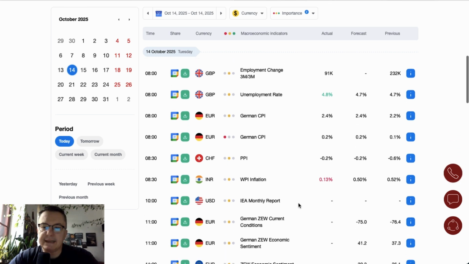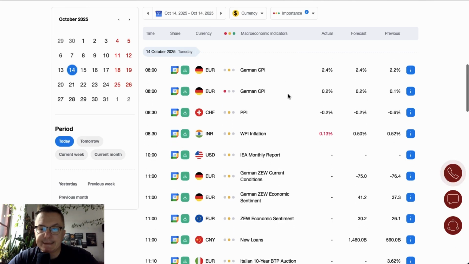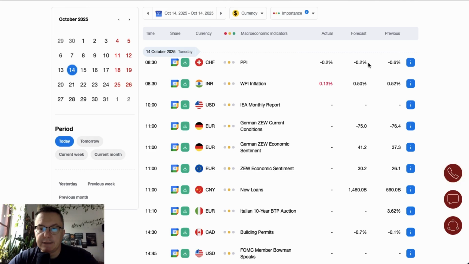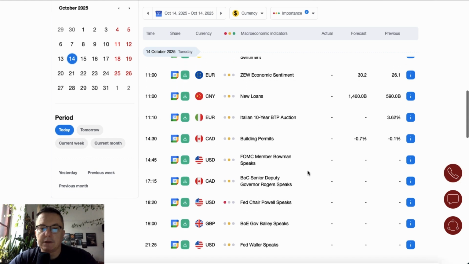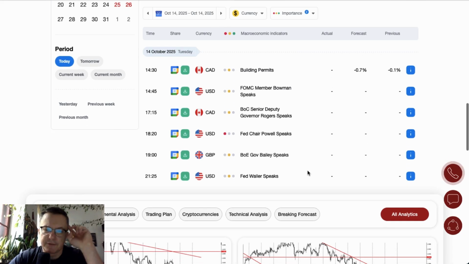Kind of mixed data from the UK. German CPI is up from 0.1% to 0.2% on monthly measure, and from 2.2 to 2.4% on yearly. Bad data from Germany. PPI in line with the expectations, minus 0.2%. IAA monthly report is scheduled for release at 10 o'clock. At the same time, one hour later, we got German current conditions economic sentiment data scheduled for release. At 11 o'clock, economic sentiment from the Eurozone is scheduled for release. And that's about the situation from the